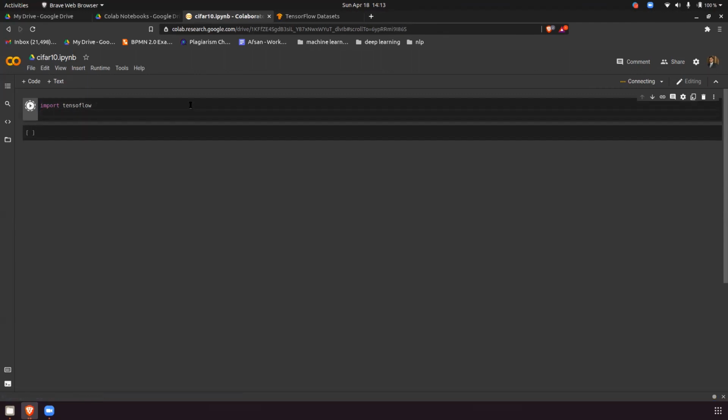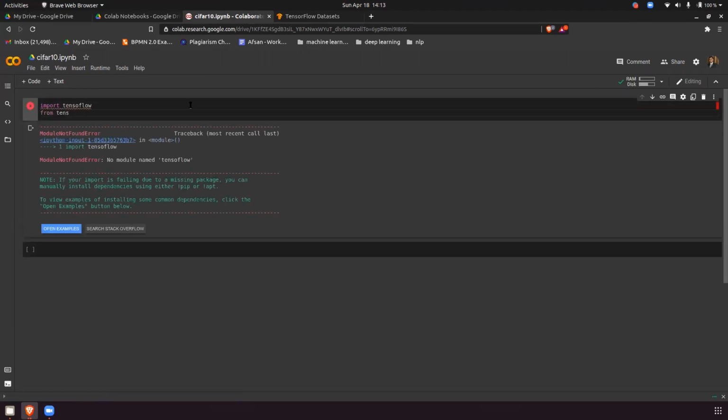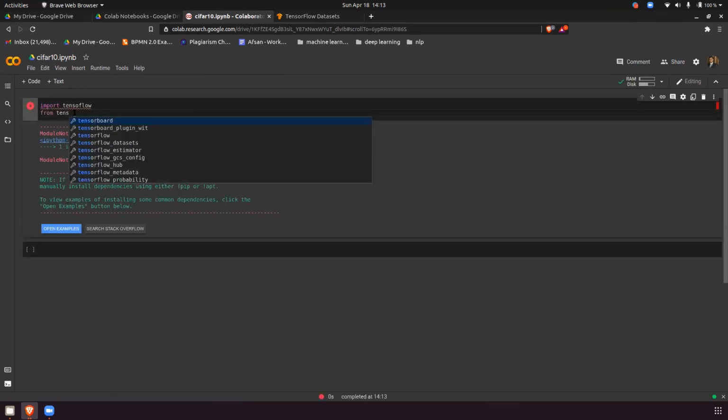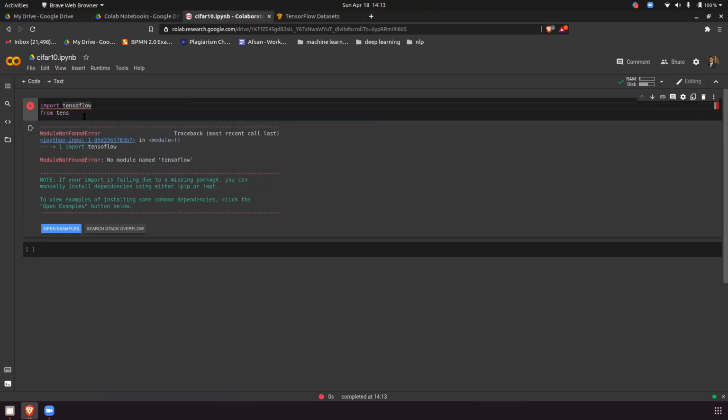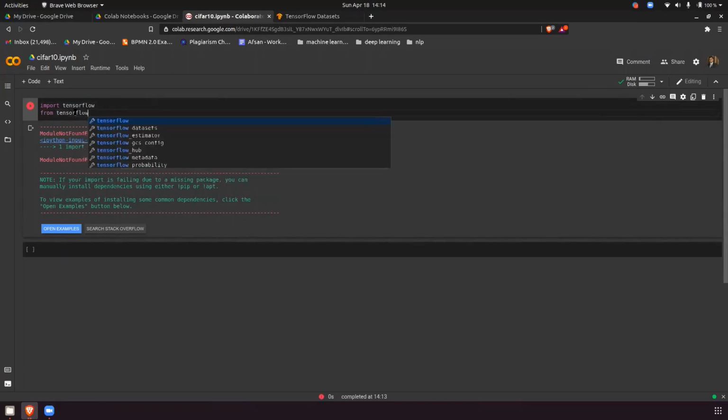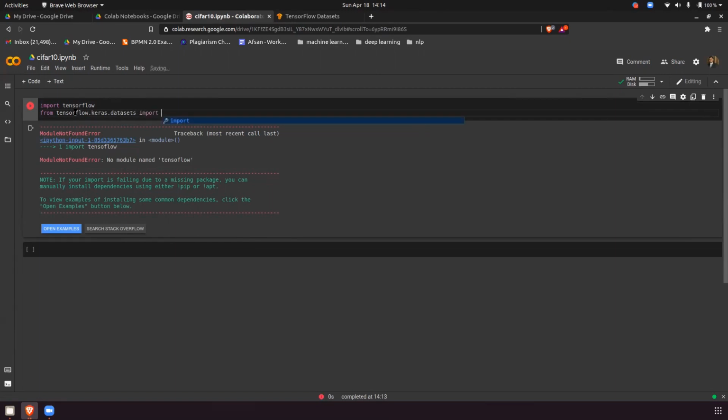You type from tensorflow.keras.datasets import, and whatever you want to import, you can import from here. For example, if I want CIFAR 10, I can import cifar10 and just run this.